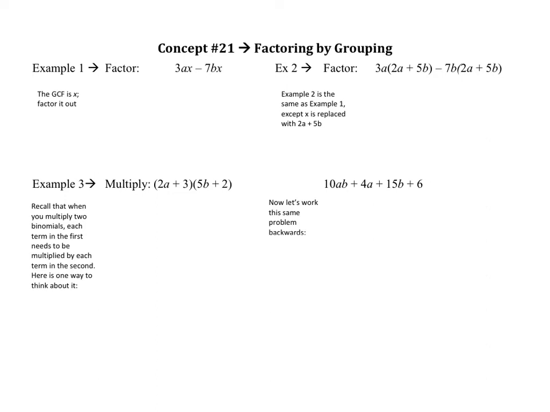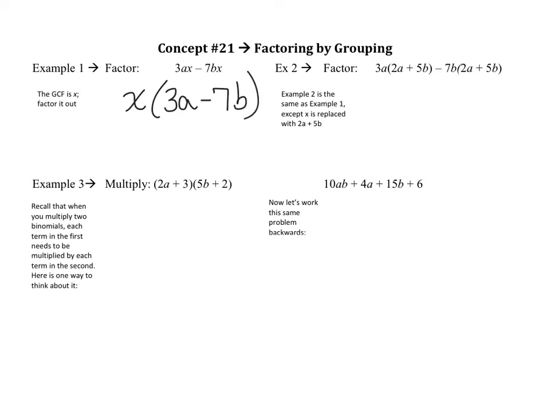Today we're going to learn how to factor using a method called grouping. And so you have to really understand factoring by pulling out a GCF first. So if I take a look at this very first problem, if I tell you to factor this, if you look at it, there is a GCF. Both of these terms have an x in common, right? So I'm going to pull out the x. And so I write down the x, and I divide out the x, and I'm left with 3a minus 7b,